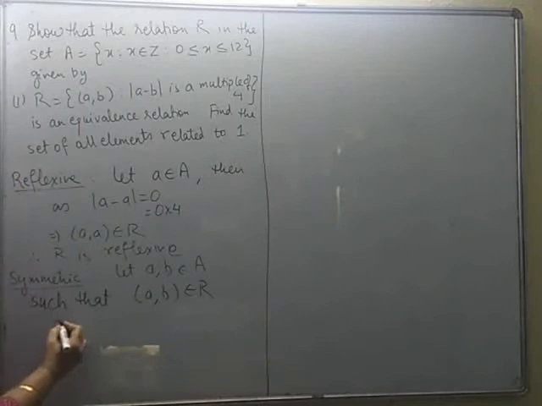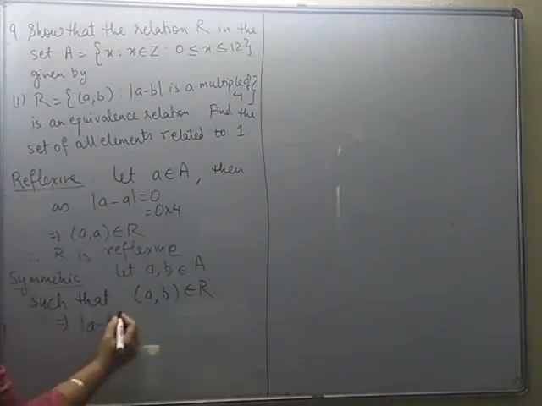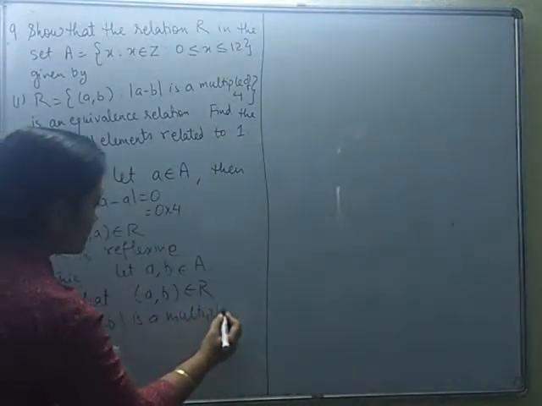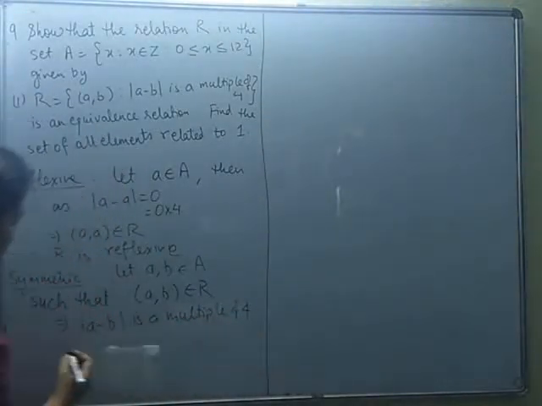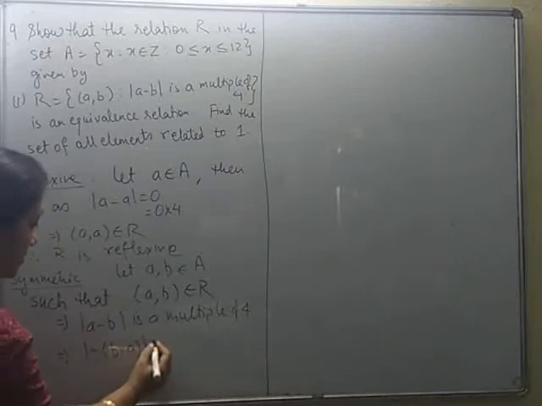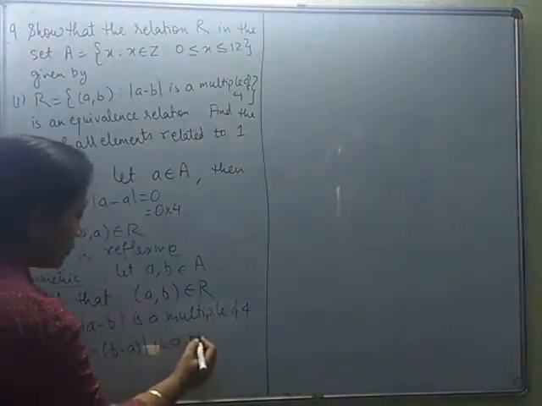That means we know that modulus of a minus b is a multiple of 4. If it is a multiple of 4, this will imply mod of minus of b minus a